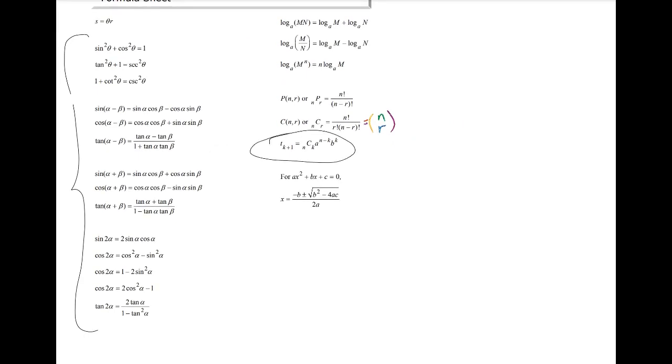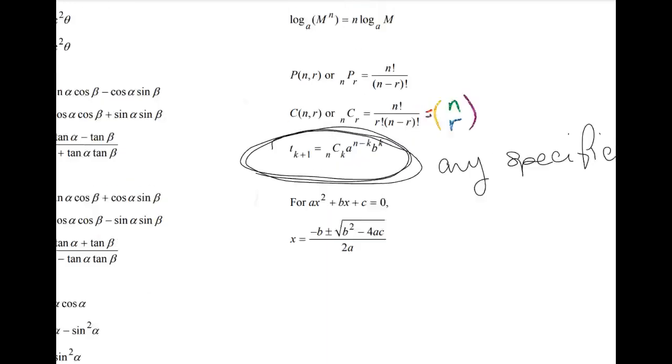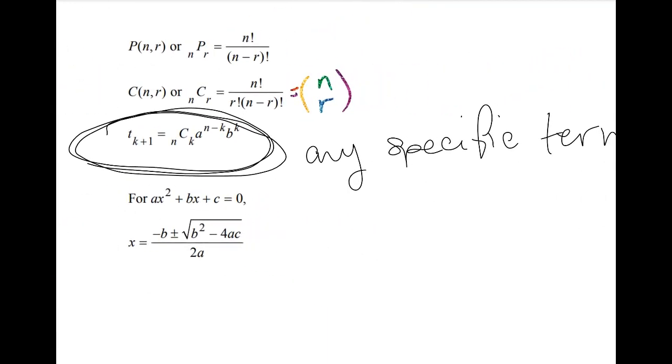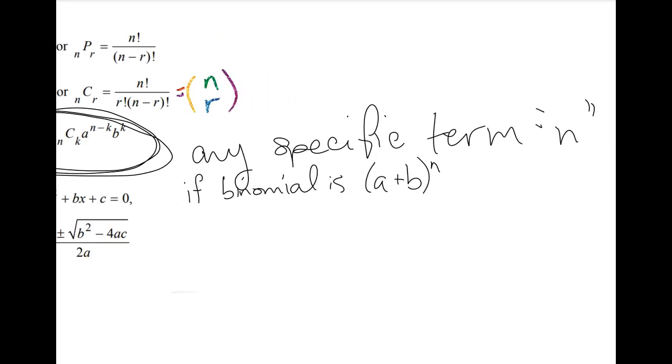You get this general formula here, and it's a really big one. So for any specific term, you can determine, let me just zoom in here, you can determine what that exact term for that binomial should be given this function. If the binomial is a plus b to the n, any term,